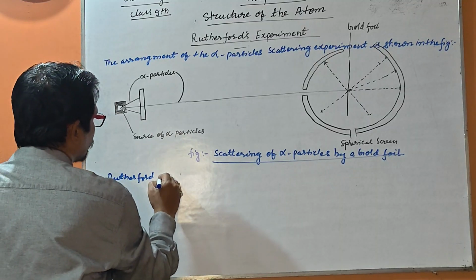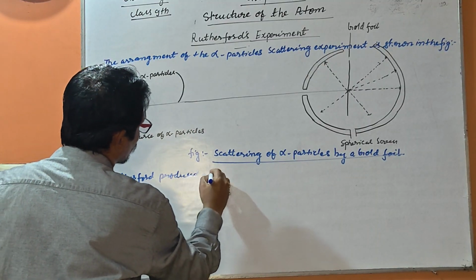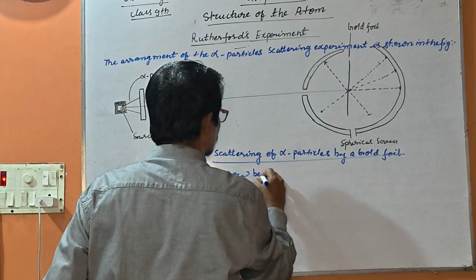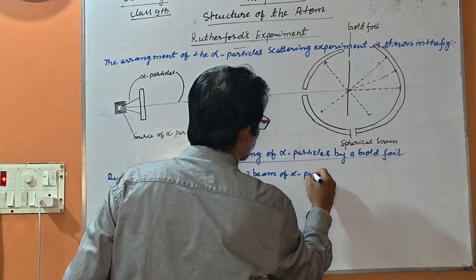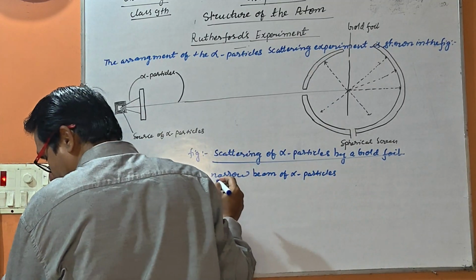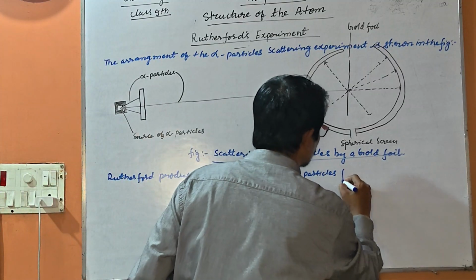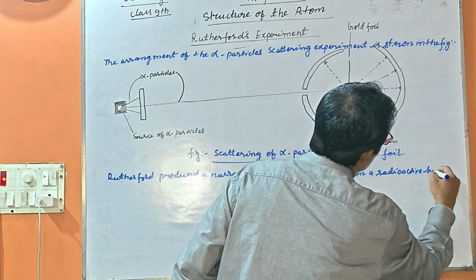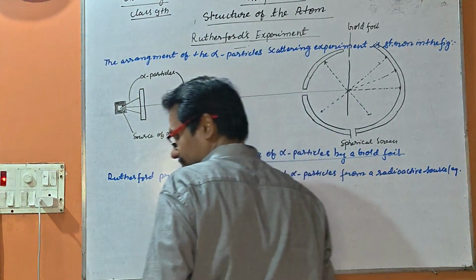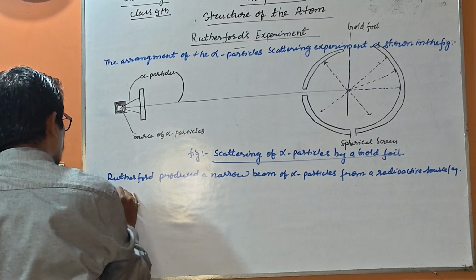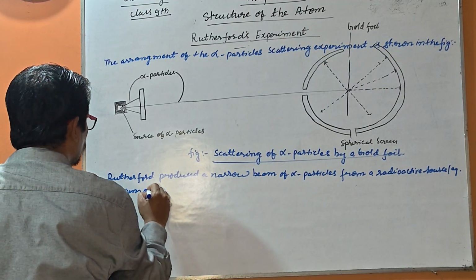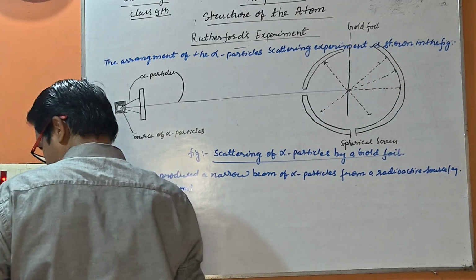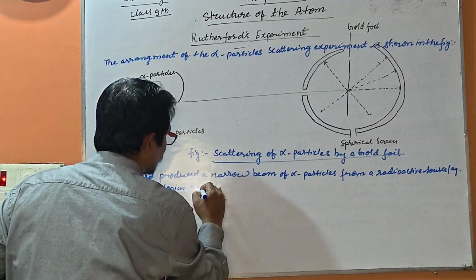Rutherford produced a narrow beam of alpha particles from a radioactive source, for example radium or polonium, and allowed it to strike